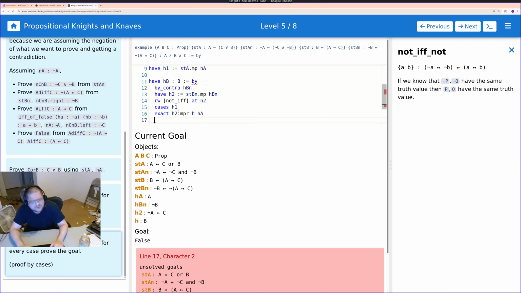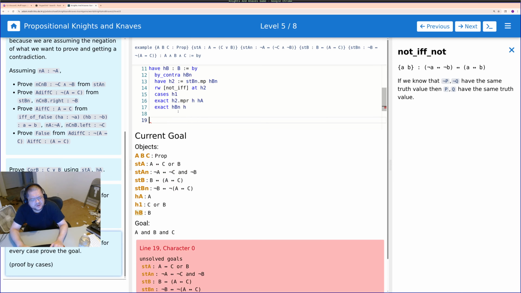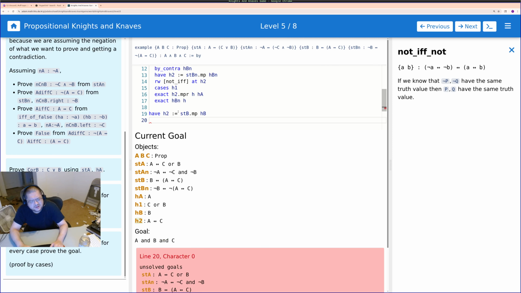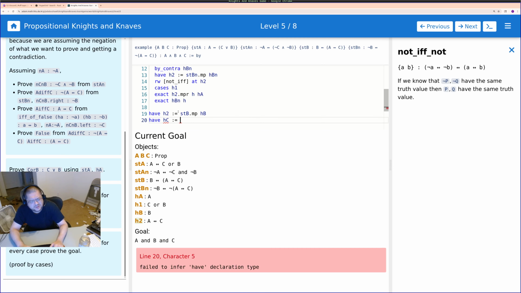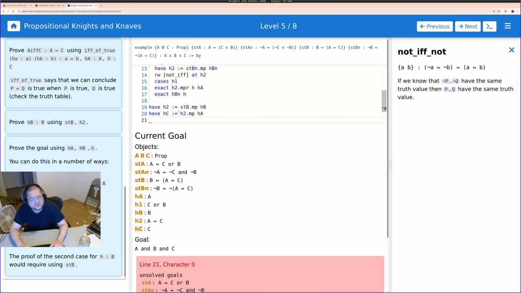Okay, and if we got it to B, we do exact HB and of H. Okay, so we've proved A, we've proved B, and at this point we have H2 equals STB dot MP of H of B, and at this point we should have HC equals H2 dot MP H of A, and we do